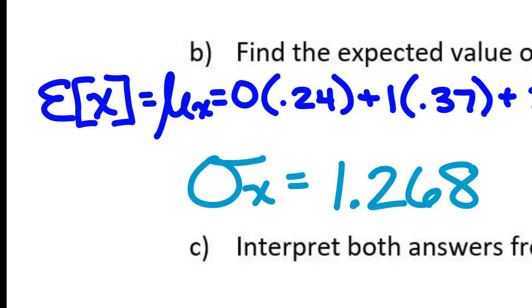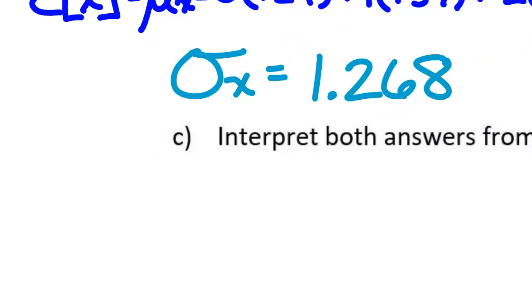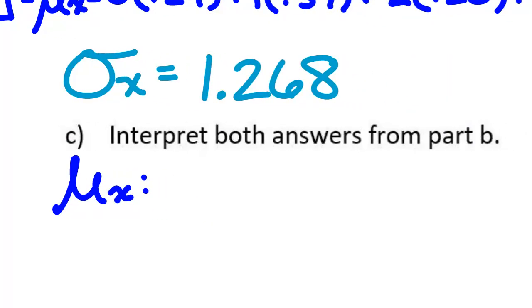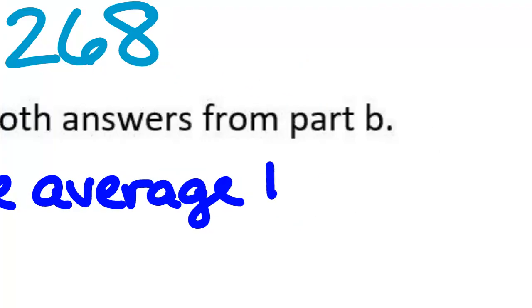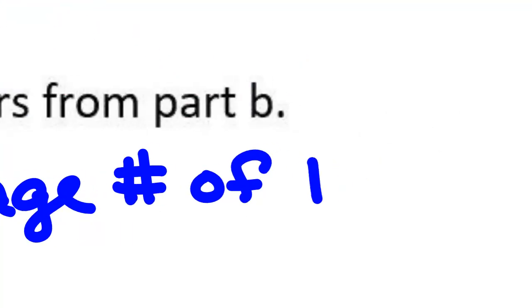All right. So far, so good? All right. Interpreting both of these. Let's interpret the mean of X first. What is X? Like, what does X mean here? Number of televisions. And the mean would be the average number of televisions. So the average number of TVs in a household